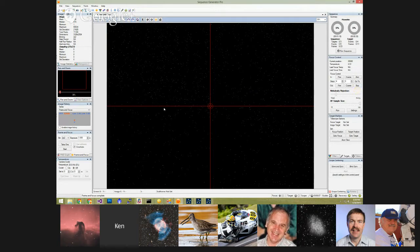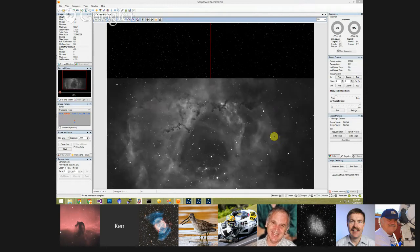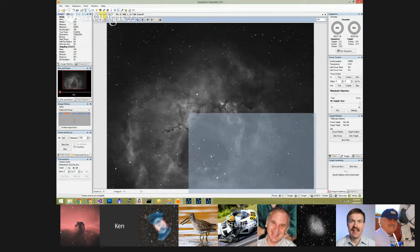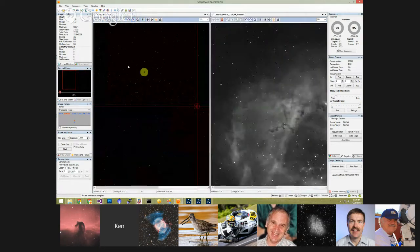And then what I'm going to do here is I'm going to open a previously taken image. This is an older image of part of Rosette. And this is a mosaic, which is why that looks cut off. And you can see here that we've just kind of created this tab-based framework for images. But these images are actually pretty powerful too, just in their UI structure, in that I could take the frame and focus stuff and drag it right here, and now we've split the images, and I can open up another frame. This is an O3 frame,